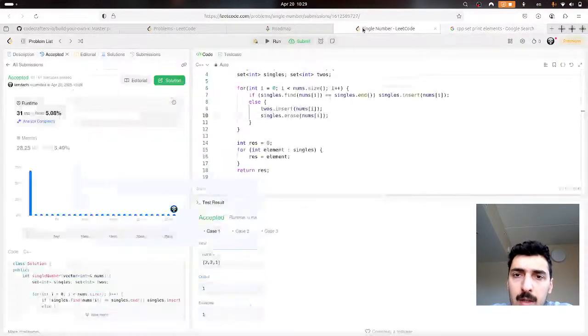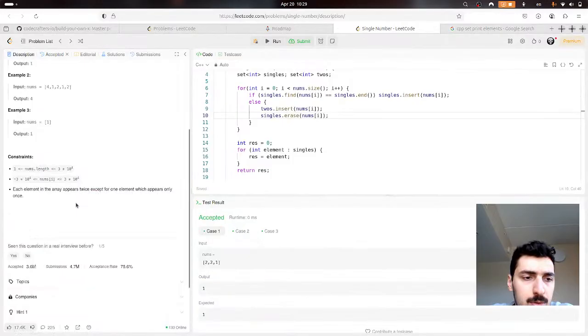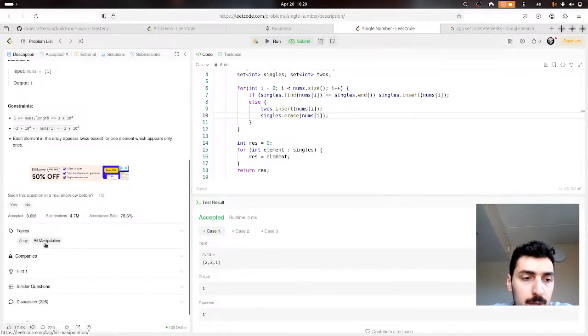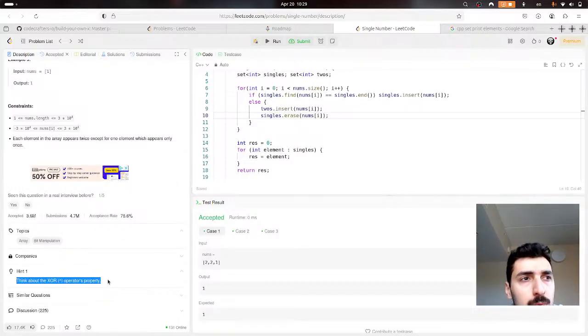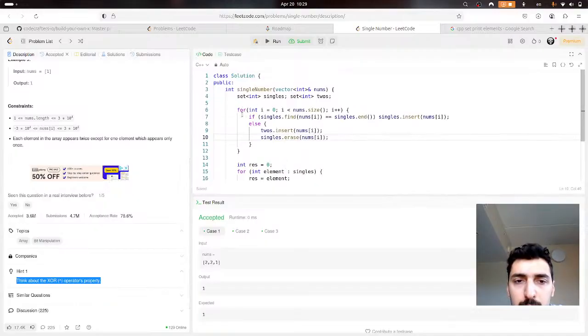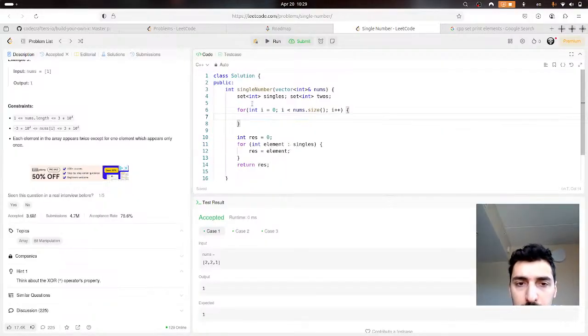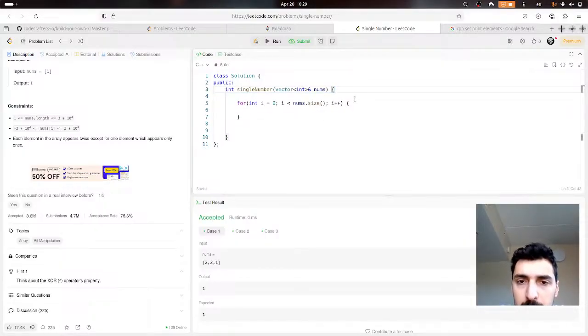Single number, description, topics: array, bit manipulation. Bit manipulation would be interesting. Hint 1: think about the XOR operation's properties. So what's XOR? Let me just remove all this stuff and think about XOR. XOR means